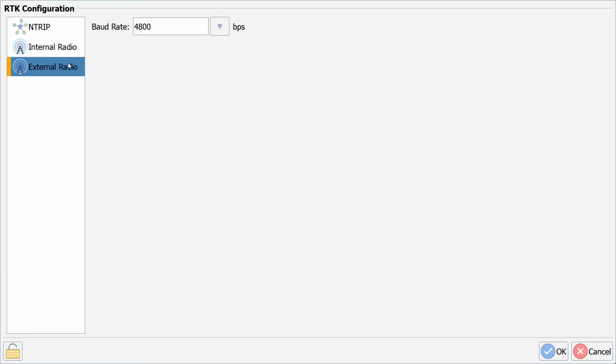The final tab is external radio, and this is used to connect an external radio to either receive or broadcast off a base, rover,